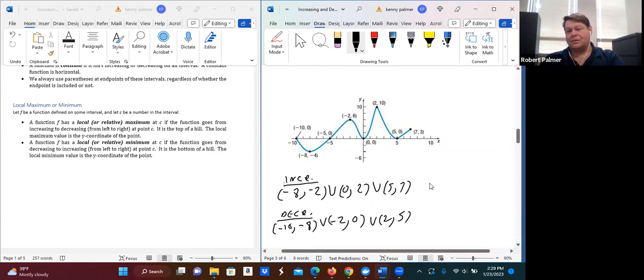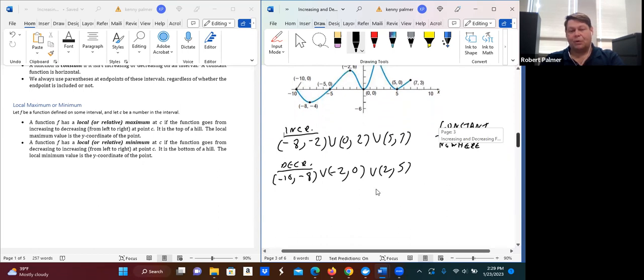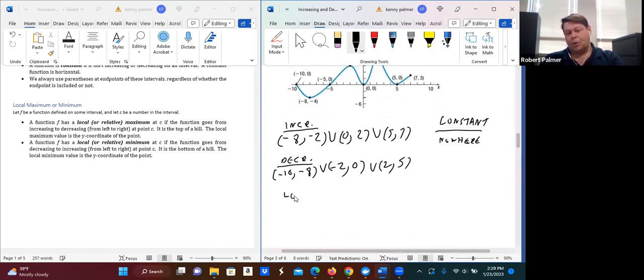And what about constant? Well, I'm going to squeeze this in over here so it's not constant. This particular function is constant nowhere. It's not constant anywhere. If it was, just like in the first one you mentioned, you would include that interval as well. Okay. Now,